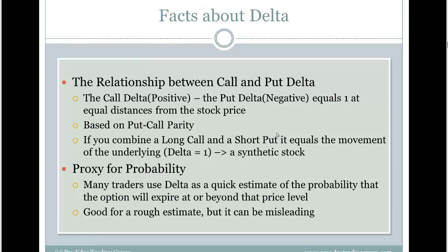A delta of 1 means that for every $1 price movement on the stock, the option position that you just took is going to have a $1 price movement, which means that you can actually trade a stock using what's called a synthetic. And this is the basis of put-call parity. As the price goes up, the put deltas would go down, but the call deltas would increase. And it will always keep the two of those at 1,